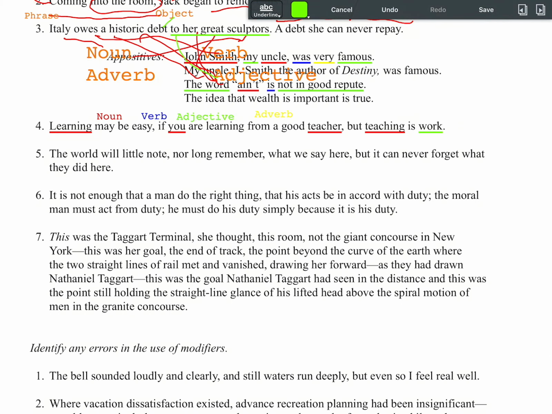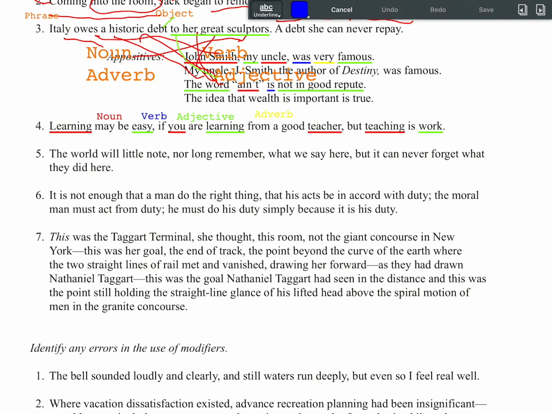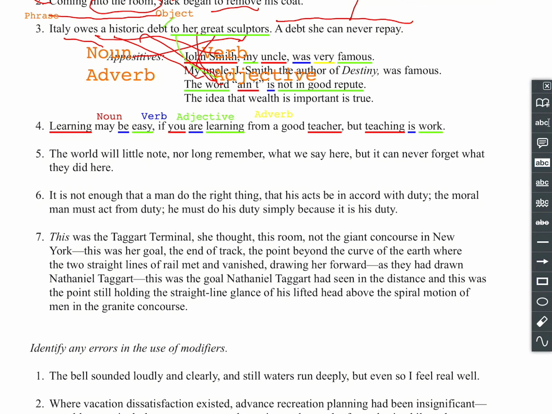All right, so we're going to green the word because it is an adjective. Learning is also an adjective, and easy is an adjective because it's modifying the noun. Okay. Save, and then I want to do some verbs. So is a verb, are and be. Okay, save, then